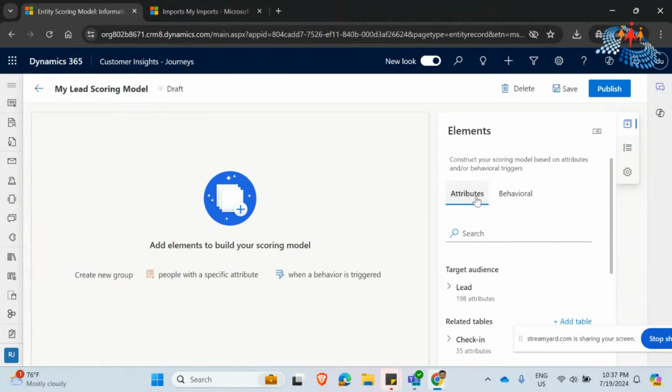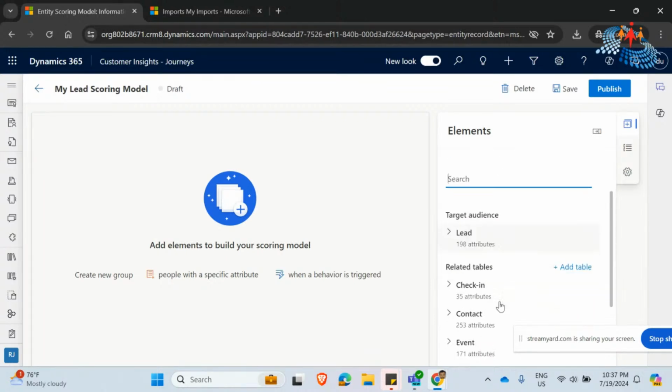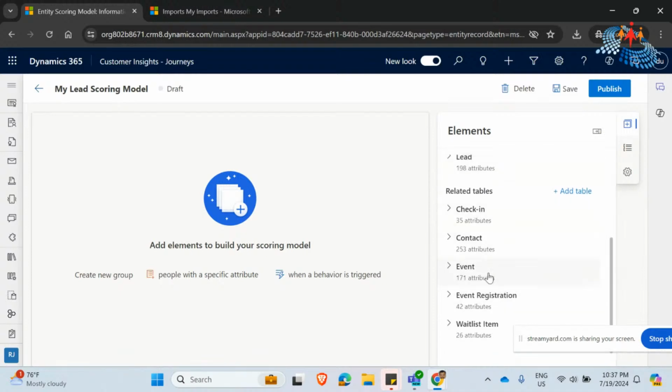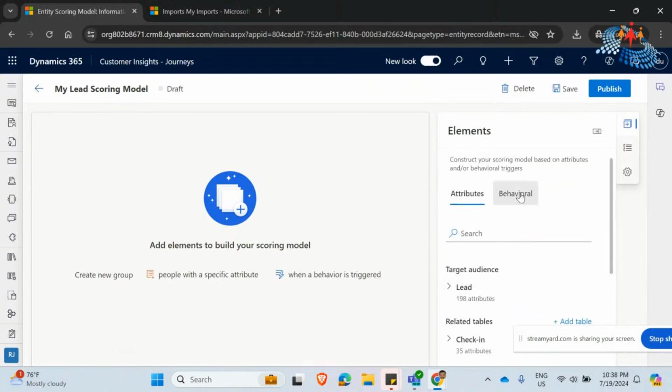If you observe, these are all the different attributes that are present. Like a few seconds back, I showed the different attributes that are present for creating this scoring model, those lead 198 attributes that I can get. The same way, I will get the related table details as well. Now, going to the mail behavior related things, I have different kinds of behavioral things that are present. So what I am going to do here is